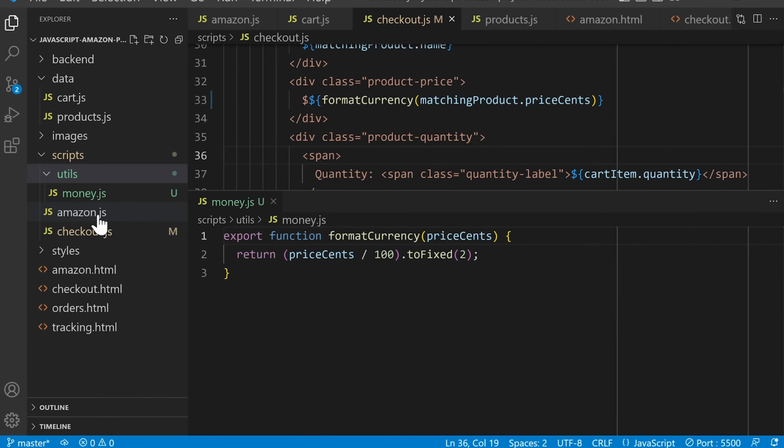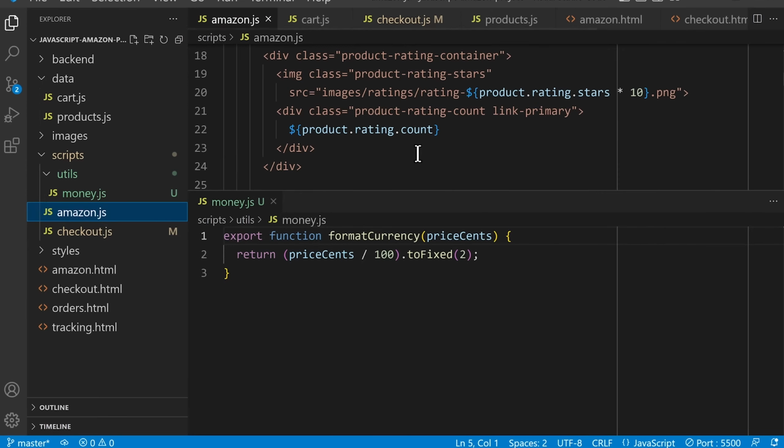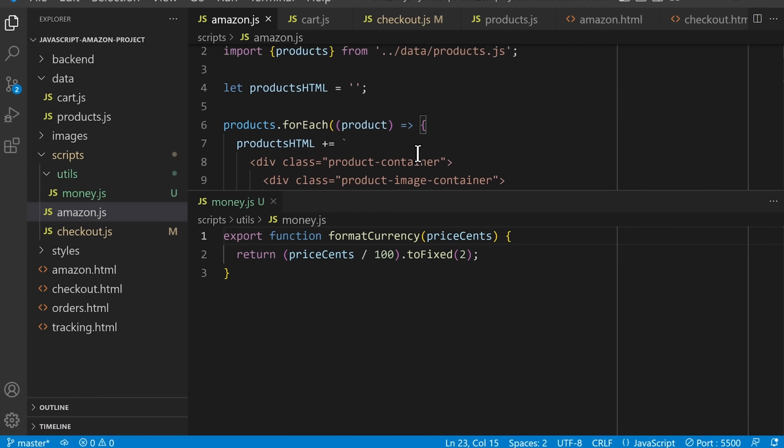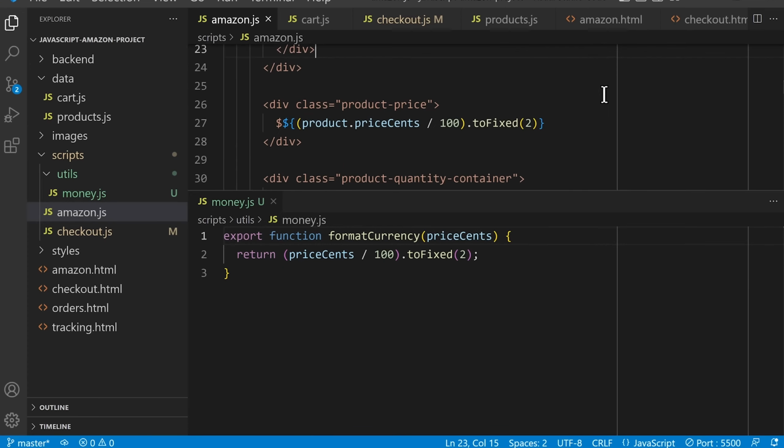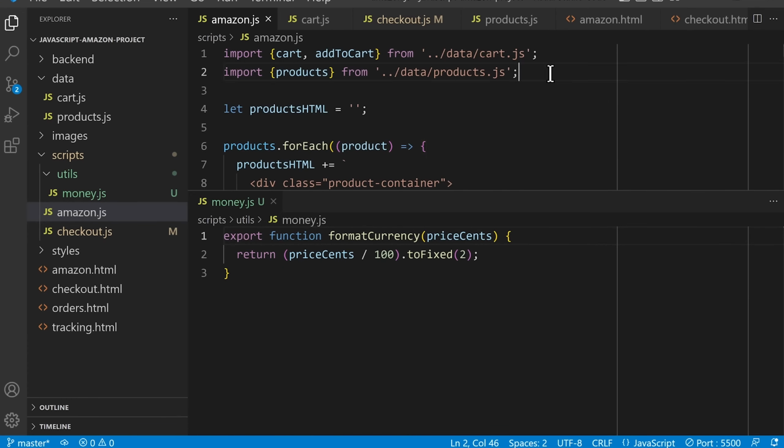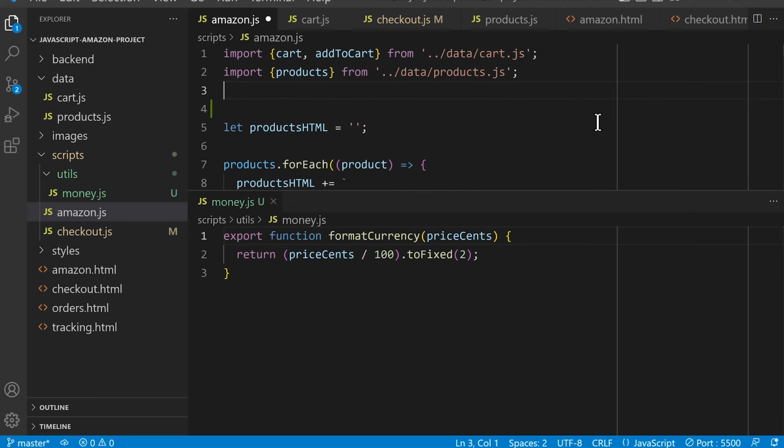So let's open amazon.js, and then we'll scroll to where we show the price, which is here, and we're going to use this function again. So first we have to import it, so we'll scroll up to the top, and import curly brackets. We'll import the function formatCurrency, and we'll import it from single quotes semicolon, and then here we'll locate the